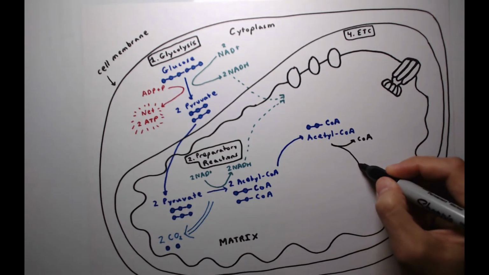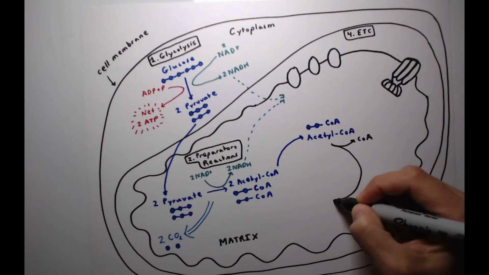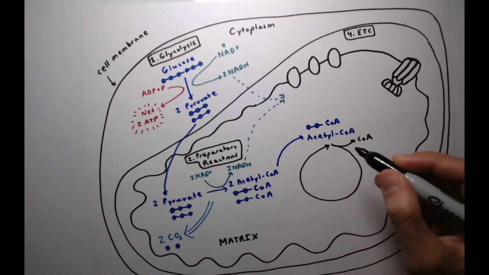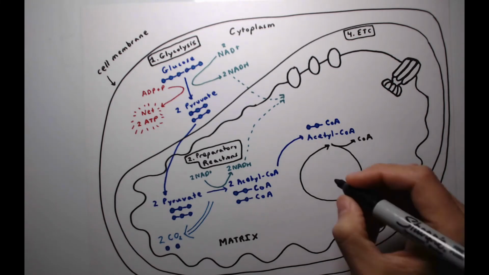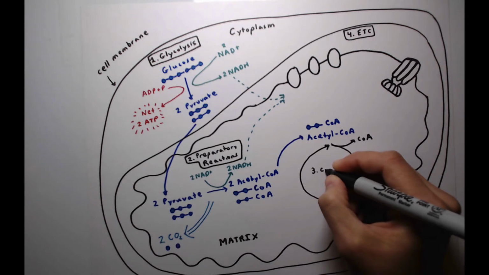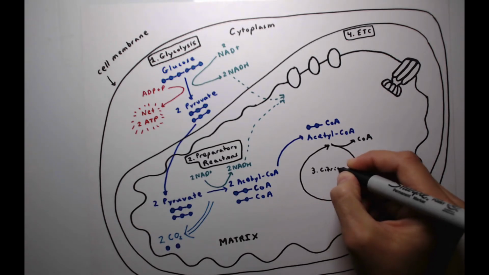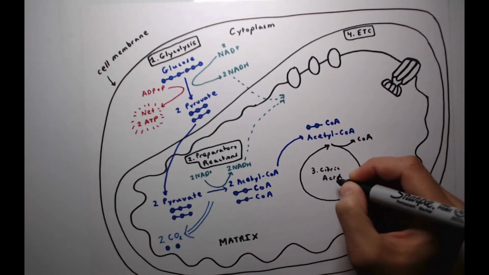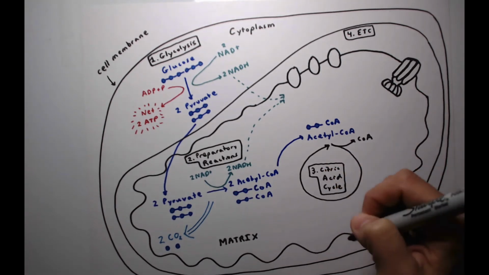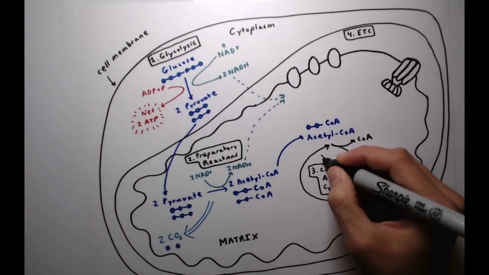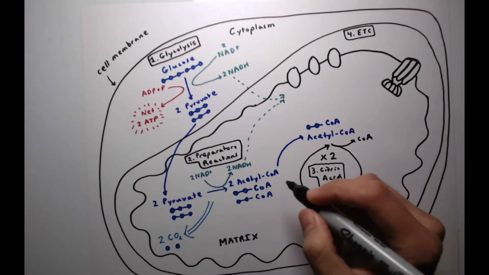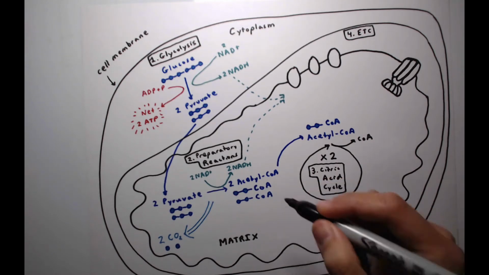Then the acetyl group will attach to a carrier molecule, which is not drawn in this diagram. When the acetyl group attaches to the carrier molecule, a citric acid molecule is briefly made. During this process, the carrier molecule itself is recycled and reused, which is why we call this stage the citric acid cycle. For each glucose molecule that enters cellular respiration, the citric acid cycle occurs twice, once for each acetyl-CoA